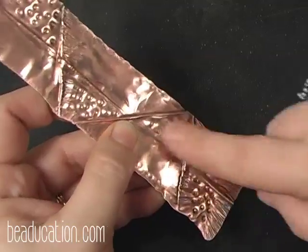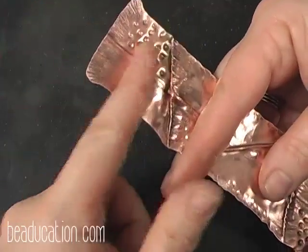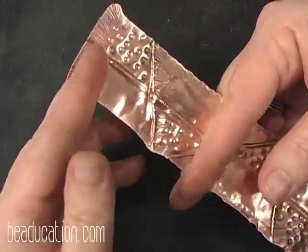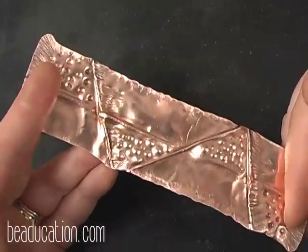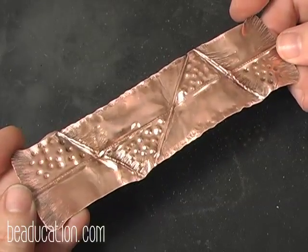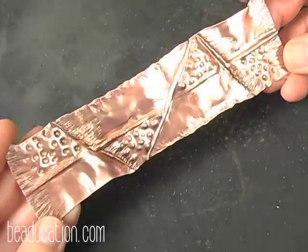I could cold connect some elements on. I could have that as the pendant, and then take this part up here, cut it, add a little bit more texture, make a pair of earrings out of what was left up here, or make 2 pendants. There's all kinds of options when you do this. You just have to kind of look at it and marinate on it a little bit and decide what you're going to do. But for today, because we all like a finished product, we're going to make a cuff bracelet